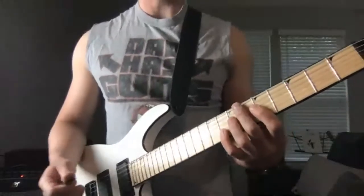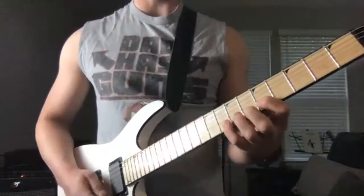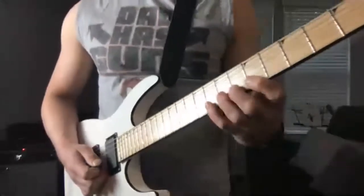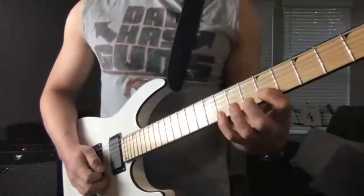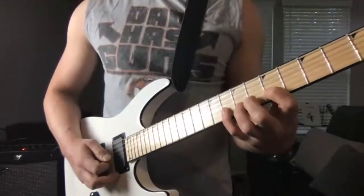Now, if you consider yourself a beginner or still intermediate, practice those notes, 5, 6, 8, with down-up picking, going like this: down, up, down, up, down, up. So it's like,